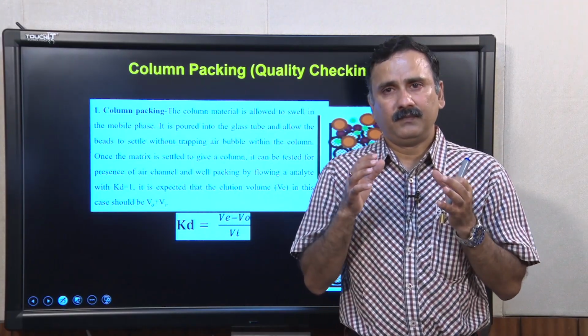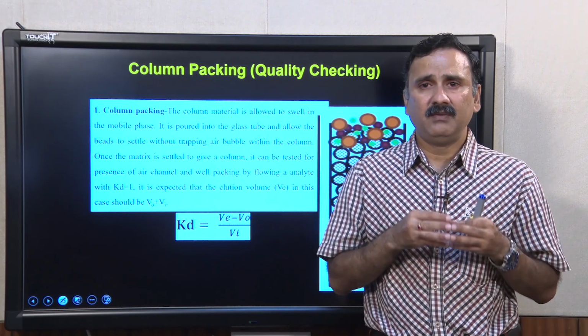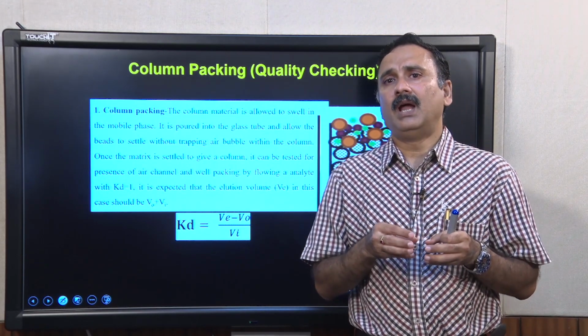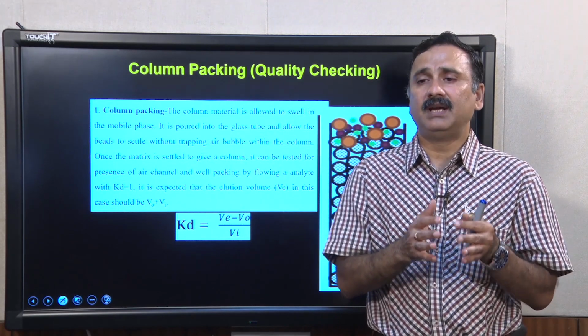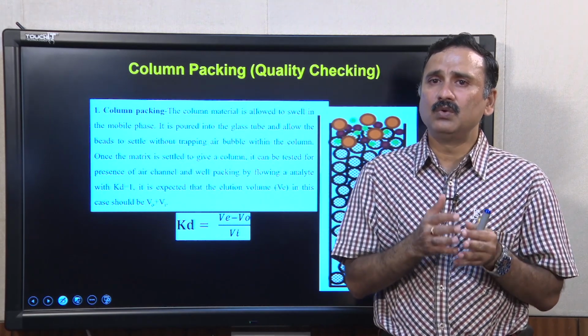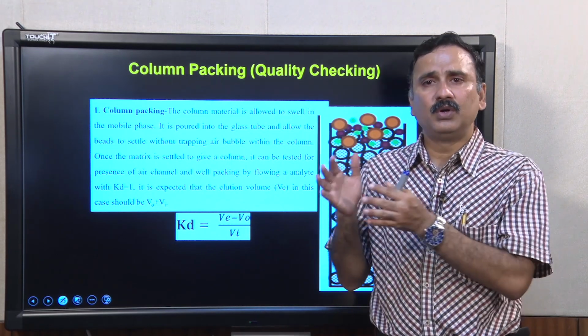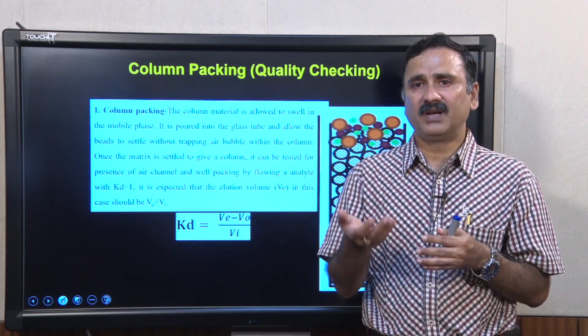So, in this demo, Banesh has discussed many parameters and many aspects related to column chromatography. Now, once you pack the column, one of the crucial parameters is how you are going to do the quality testing or quality checking of your chromatography column before you start using it for your experiments.